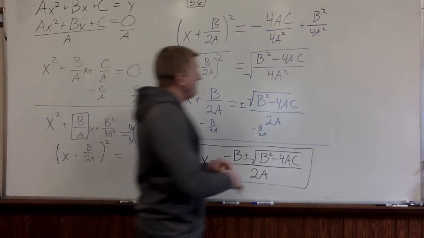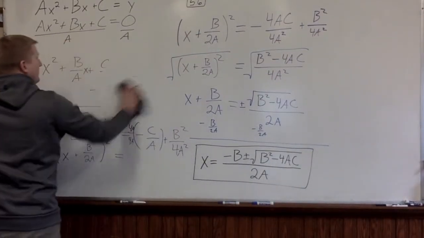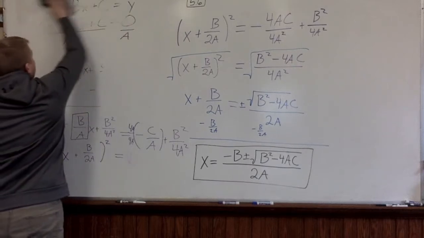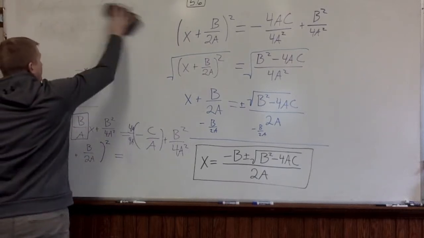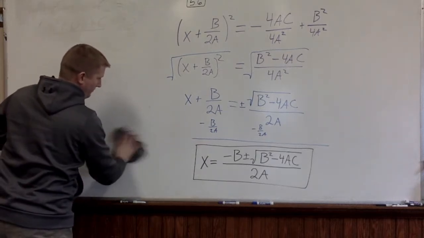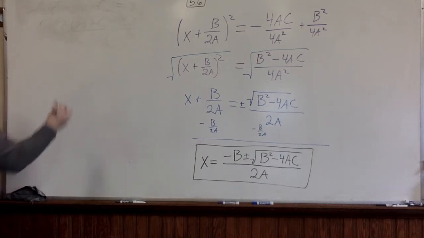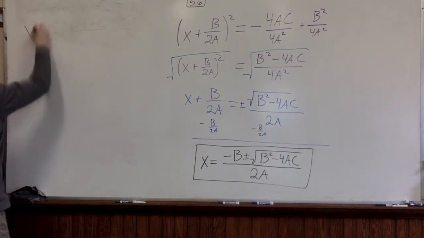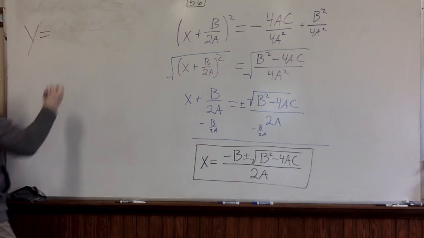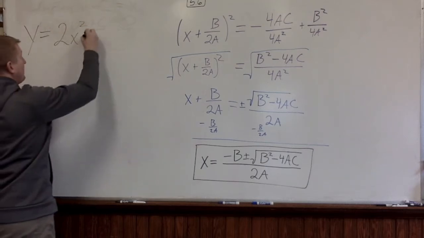If we start off with, let's erase some of this garbage. We start off with a quadratic like this. y equals 2x squared minus 8x